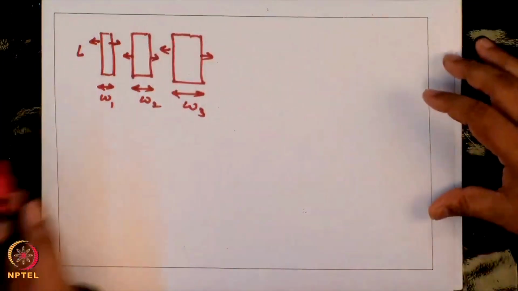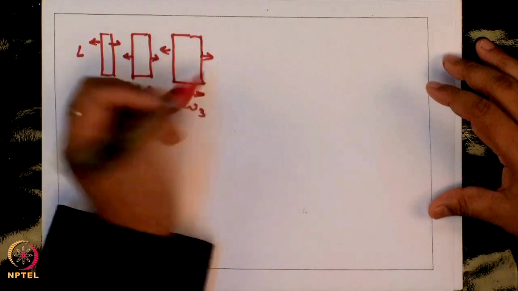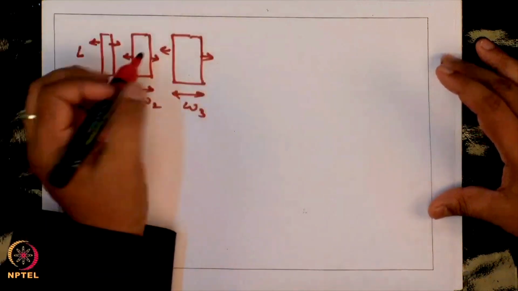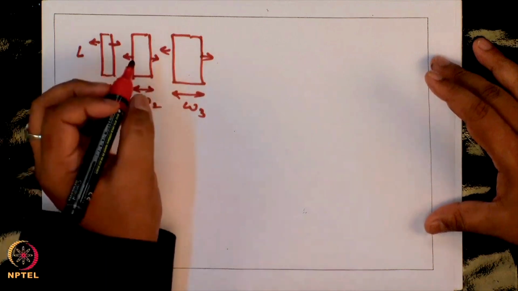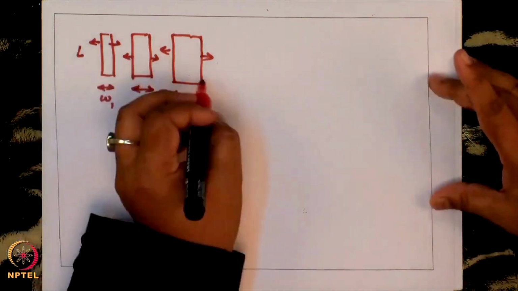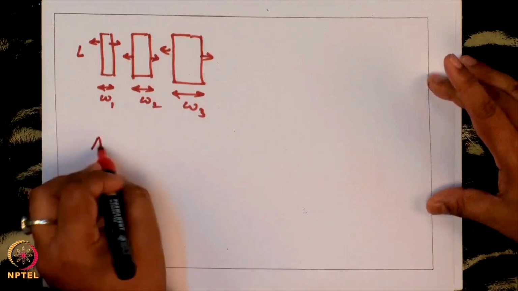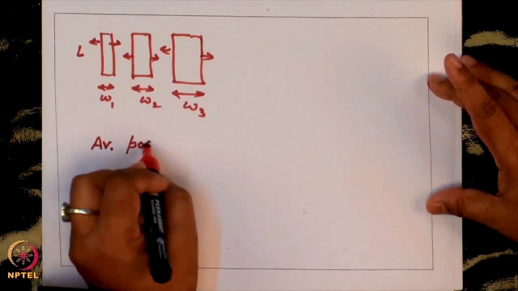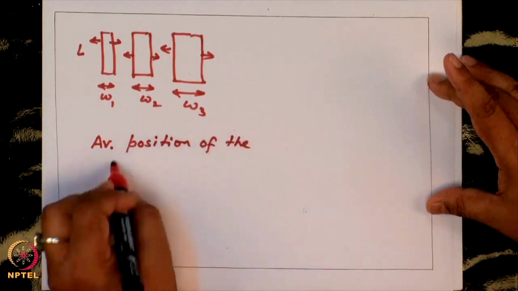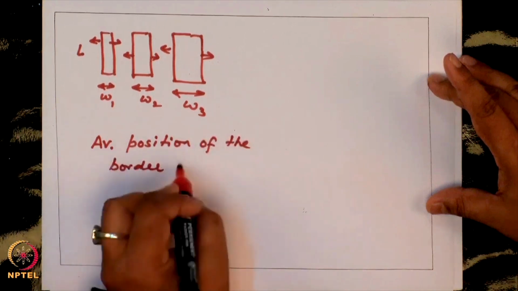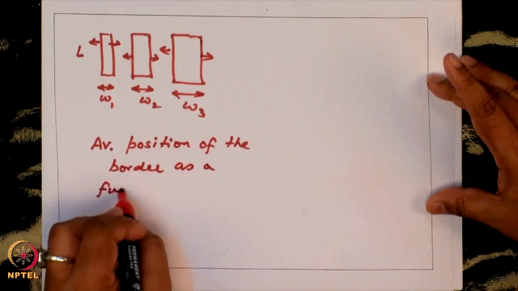Okay. So, what they tracked was essentially for each edge which moved outward, they tracked the average distance moved, or average position of the border. So, you have the border, you track the average position of the border